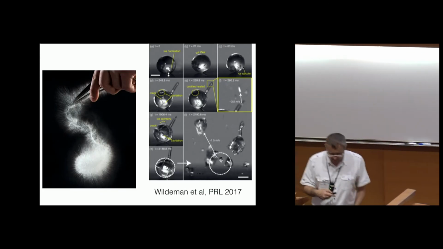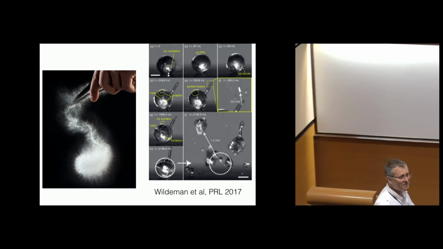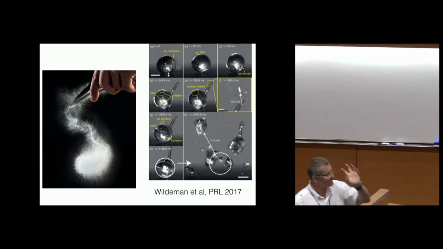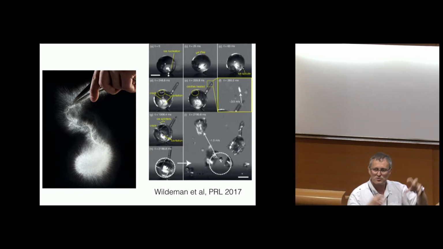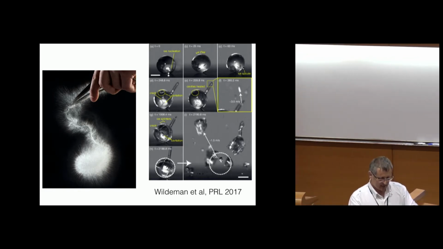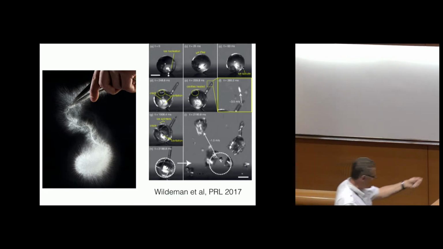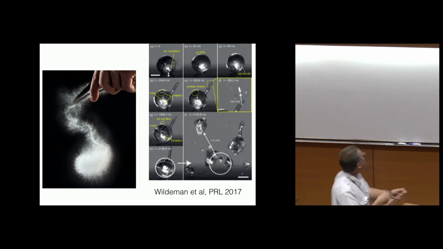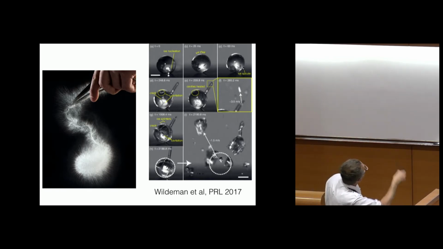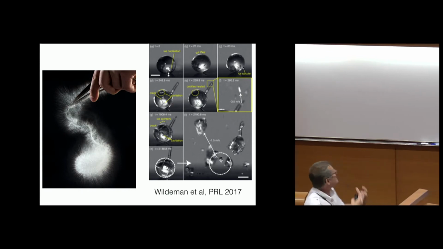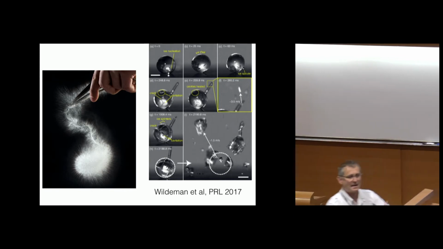So these things are reminiscent of what we call the Prince Rupert drop. It is a very famous drop of glass, sorry, not ice. When you take very hot glass and put it in water so that it solidifies very rapidly, it's very brittle. This thing seems to be very, very strong if you hit it like that. But if you break a very small amount of the tail of these drops, then it explodes very rapidly. The idea is that in these drops, there is a lot of residual stress that has been created during the solidification, and that can explode.